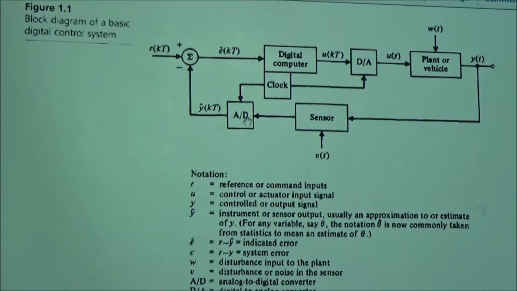It's going to go to an analog to digital conversion unit, and then it will be converted to a digital quantity as a sampled signal. And that will be compared with the sampled reference input. It produces an error, and this error will then go into a digital computer, a microprocessor, or more recently, microcontroller boards, which is run always by a clock, and that clock synchronizes analog to digital conversion and another unit called digital